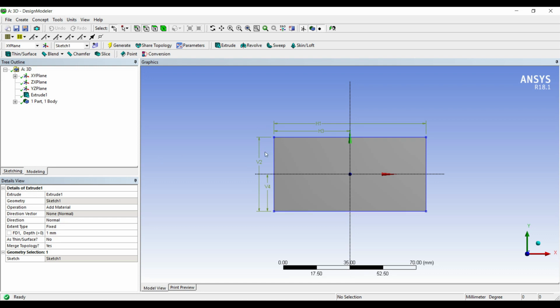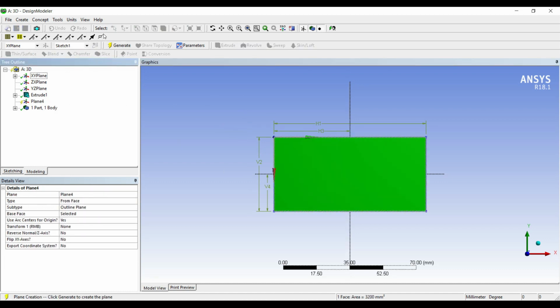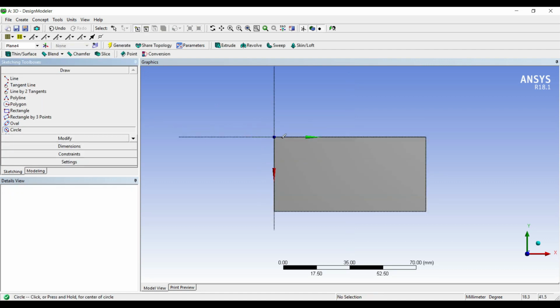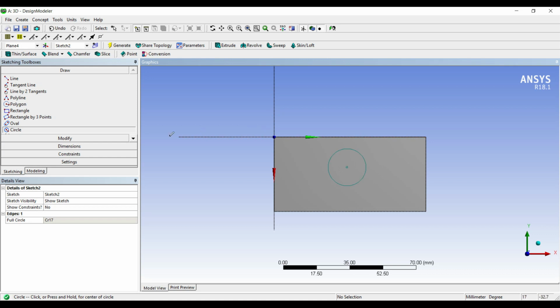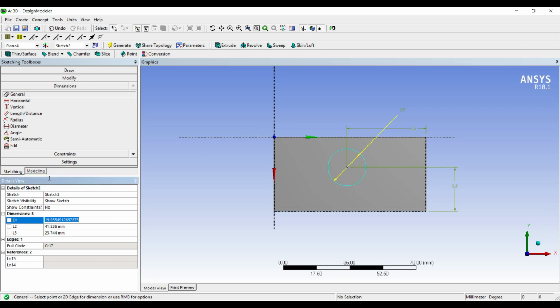Next, I want to draw a circle here. Okay, I'll make a new plane over here. Select this face, new plane, generate. I go to sketching, circle. I want to make a hole in this plate. Dimensions. Say the circle has diameter 20.